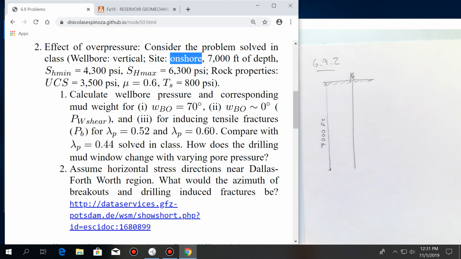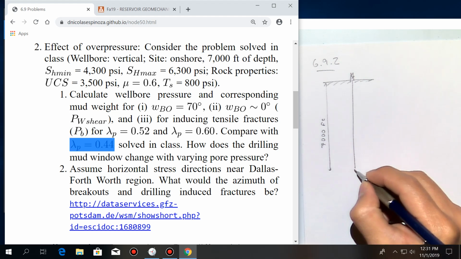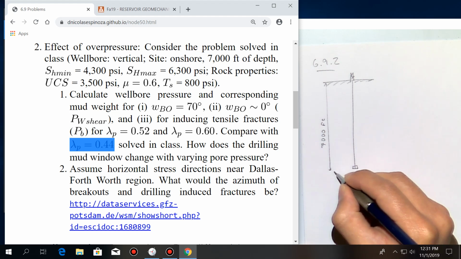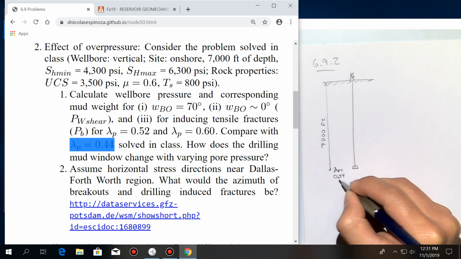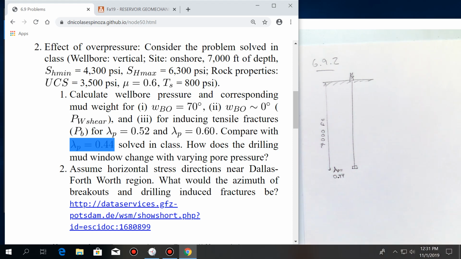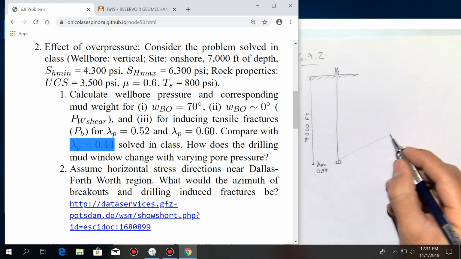We have sigma h min, sigma h max, and we have some rock properties right now. Okay, let's see. The first one, we're going to solve pore pressure with hydrostatic pore pressure. So at the location somewhere over here, lambda p is going to be equal to 0.44. And if I make a cross section of this,